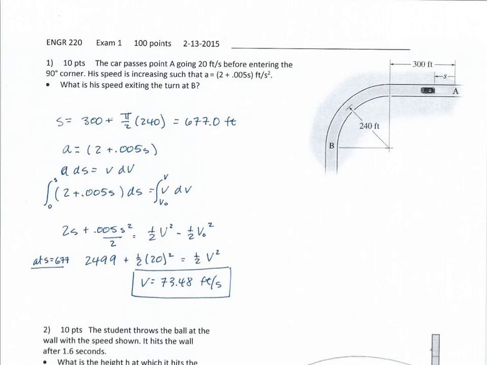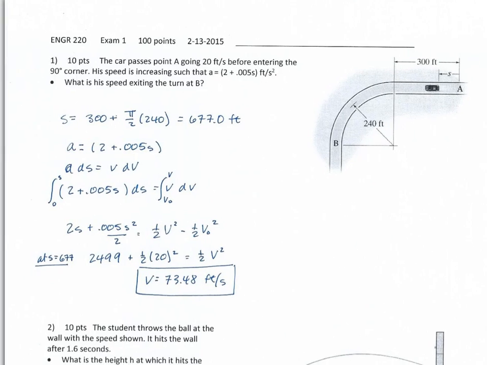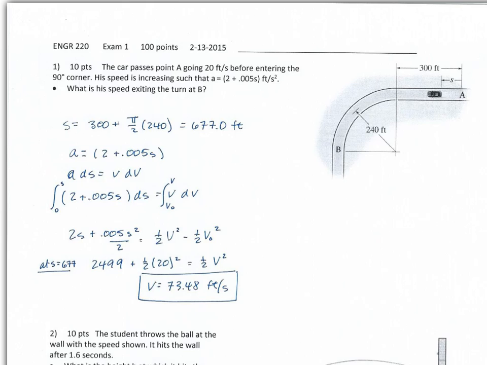So this is the video review for exam 1, and the first problem is an acceleration problem like we did basically the first day of the class, where we were looking at accelerations. In this case it was a function of s. Many people assumed that it was constant acceleration, and constant acceleration means that a is a number. It does not have any kind of variables in it, but if a is a function of t, or a function of velocity, or a function of position, then it's not constant acceleration, and you cannot use the constant acceleration